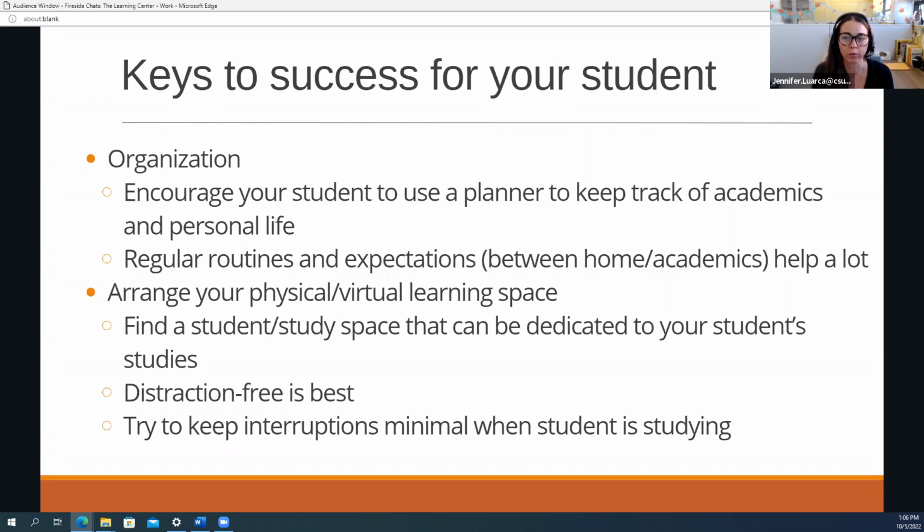Planners are going to be where we really land in time management and we're able to see a monthly view, what due dates they have coming up, and then also thinking about study schedules and how to set a routine that keeps them on top of course content. Similarly, we want to have a space somewhere for the student to study, a regular space they can go that's distraction-free, where they can have all their academic content and they can know that they can go there to study on a regular basis.